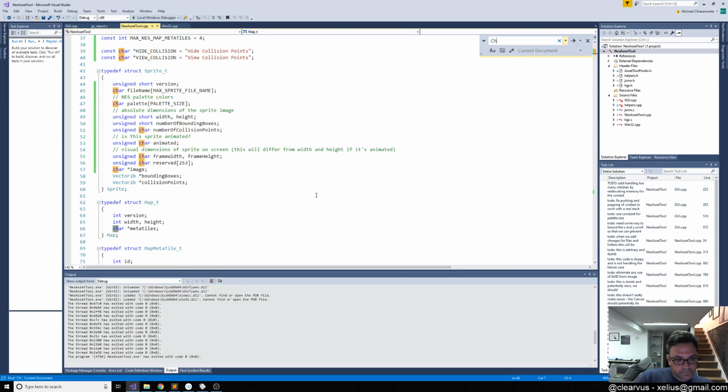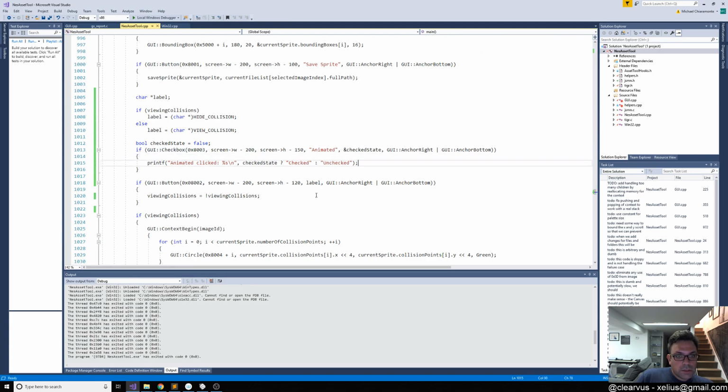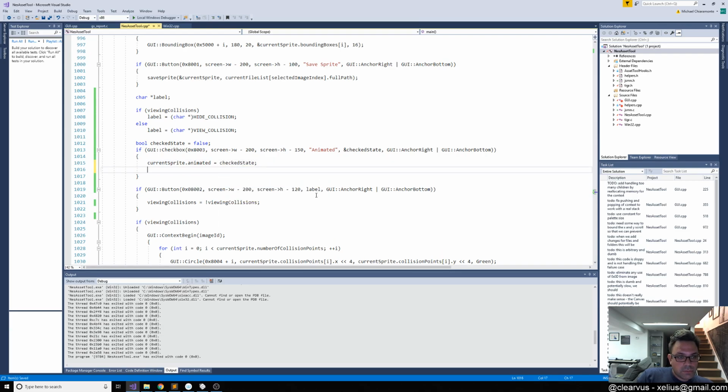So obviously it's not just going to print that it's animated. It should say current sprite animated equals checked state. So if that's true, then the thing is animated. So if current sprite animated,